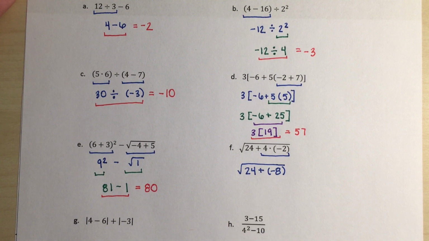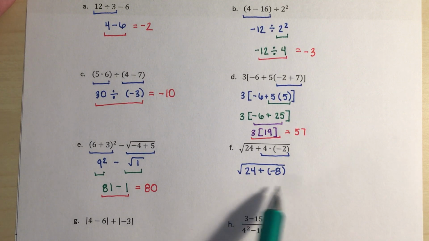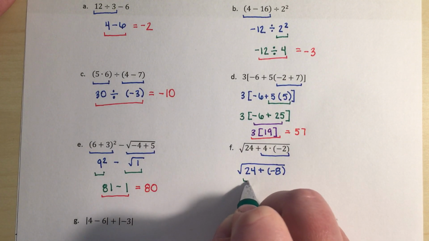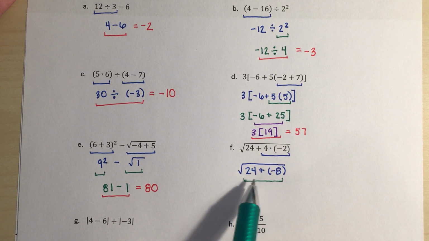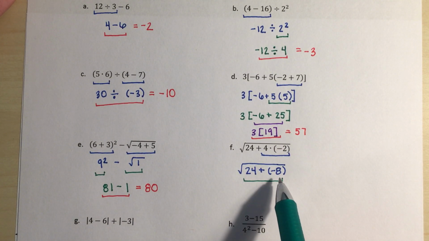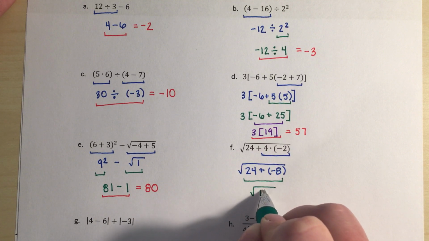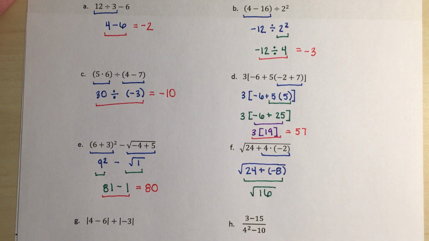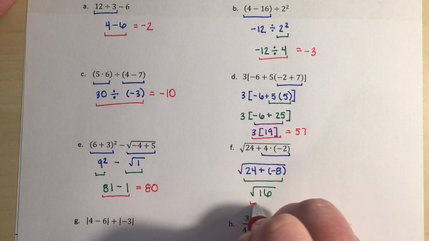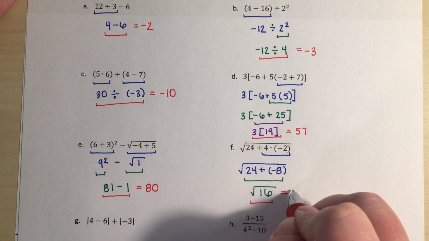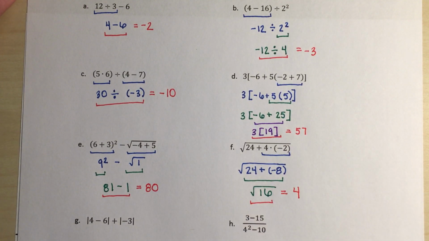Right? Now we are going to go ahead and divide what we have inside. Excuse me, not divide. Add, subtract. Right? 24 plus negative 8 really means we're going to do a subtraction. 24 minus 8 gives us 16. Right? Then to finish it off, we're going to evaluate the square root. Square root of 16, again, we're thinking about our principal square root, gives us a nice positive 4